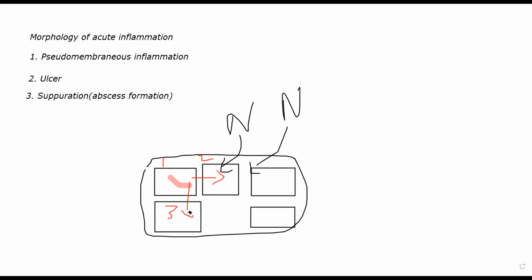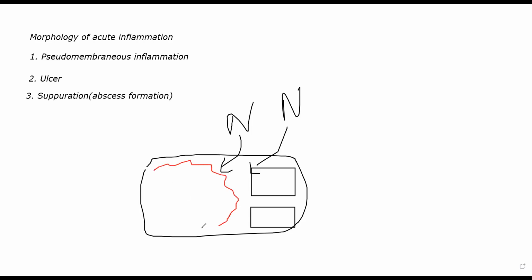So what happens here? There is a cavity formed. Essentially, an empty space is formed, and in that cavity, generally a lot of pus accumulates. We call it purulent exudate. Inside the cavity that is forming, there will be a lot of purulent exudate being formed and collected. That purulent exudate is essentially pus. That cavity along with pus is called an abscess. The whole process where you have abscess formation with pus and all is called suppuration.